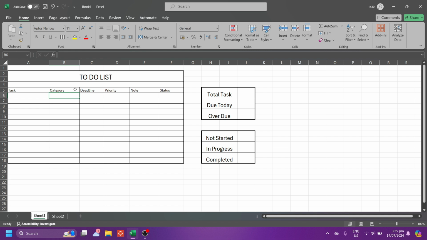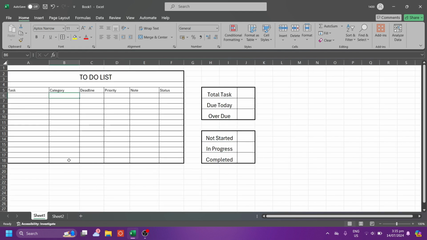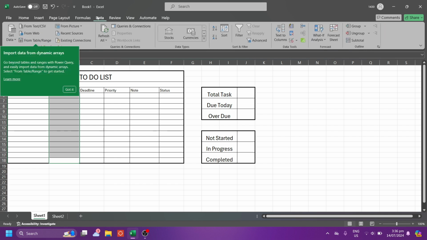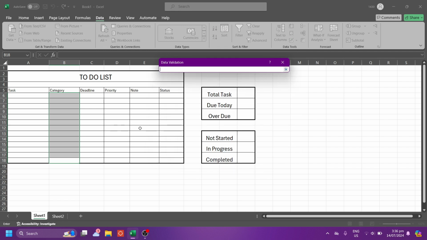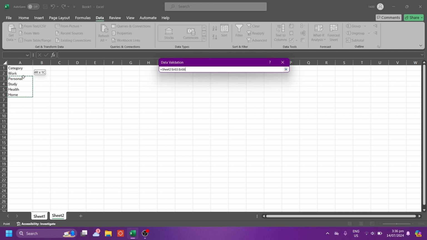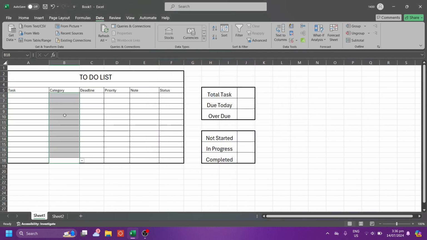Now what we're going to do here in the category part, in another sheet, just list your desired category, and what you're going to do is select the entire section. Now go to data and then select data validation and then select list. Now click this icon and then go to your sheet number 2 and then drag your listed category. Now click enter and then OK. Now as you can see, if we click this arrow down, it will give us the different categories you've listed